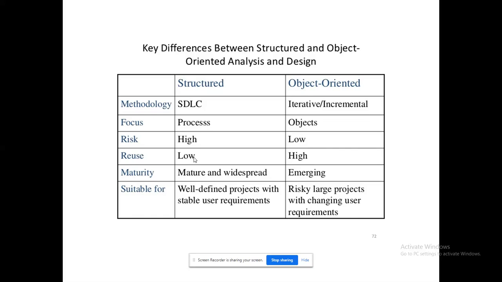Next, they are using the term risk, the factor risk. It is high and it is low, right? The risk represents that they're talking about security. Structured programming means procedure. I can find the pattern of how this program is working. For example, I'm going to do something on a payment gateway. If I have followed structured programming, what could be the order that they will go through for the payment gateway can be tracked very easily. But while we are going for object oriented, the risk will be very, very low. I'll be telling you how it is.